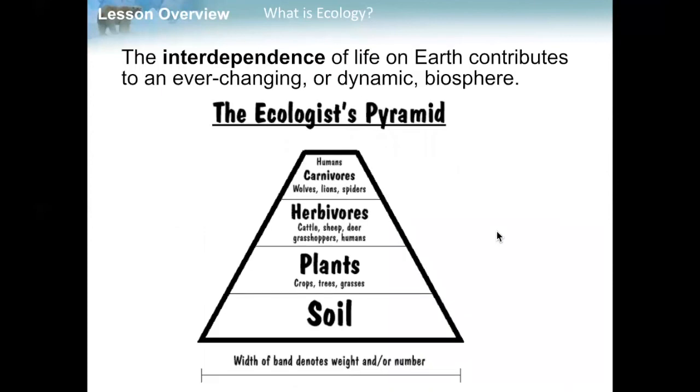The interdependence of life on Earth contributes to an ever-changing, or dynamic, biosphere. Just as in the ecologist's pyramid, the soil represents most of the matter, energy, or number, the plants represent less, and the herbivores are less than that, and then the carnivores